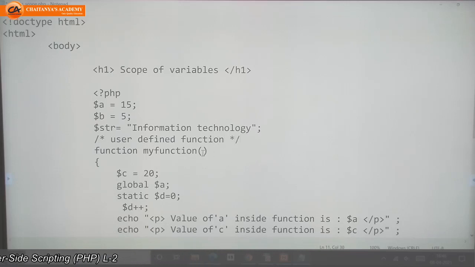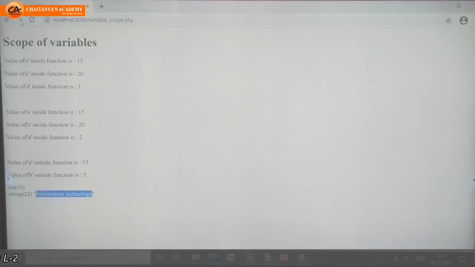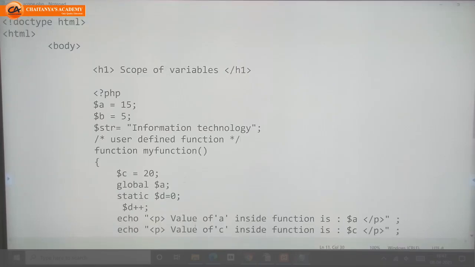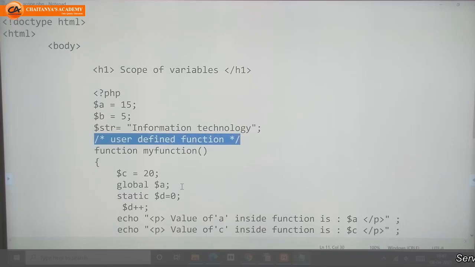This is the end of the comment. It will not execute on the web page, it will not make any change, but in the programming code it will be an informative line while writing the program.